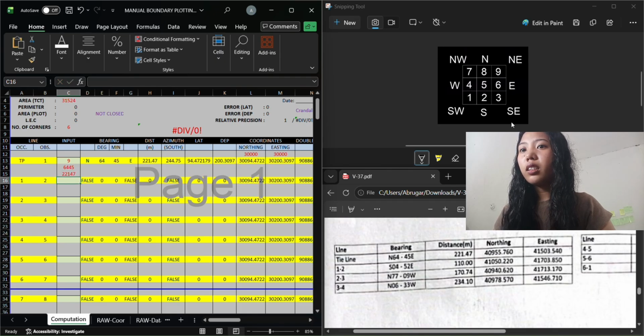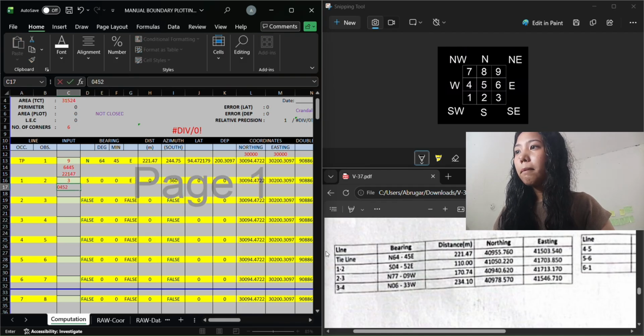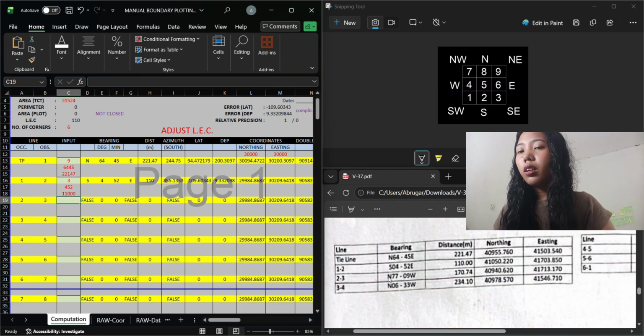Then the distance is 221.47, with no need to put decimals. Next is line 1 to 2, southeast. Southeast is 3. Then the bearing is 04 degrees 52 minutes. Then the distance is 110.00, but no need to put the decimal.